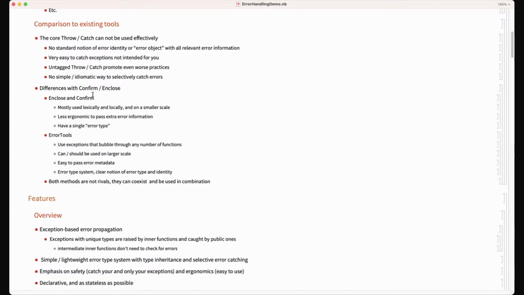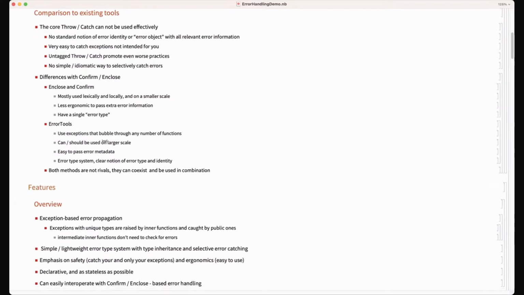Okay, but we can't have multiple mechanisms running around, so we need to make sure we can integrate these things. Yeah, but I think I will probably not be mistaken in saying that the vast majority of people who use ConfirmAndClose use the lexical version of that, which is essentially local exceptions, which are caught immediately at the enclosing function.